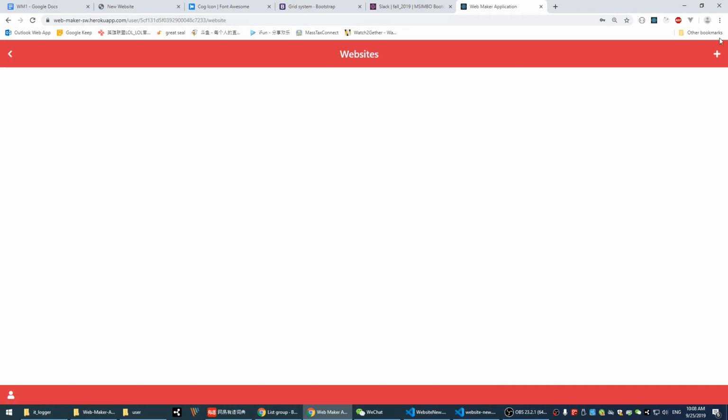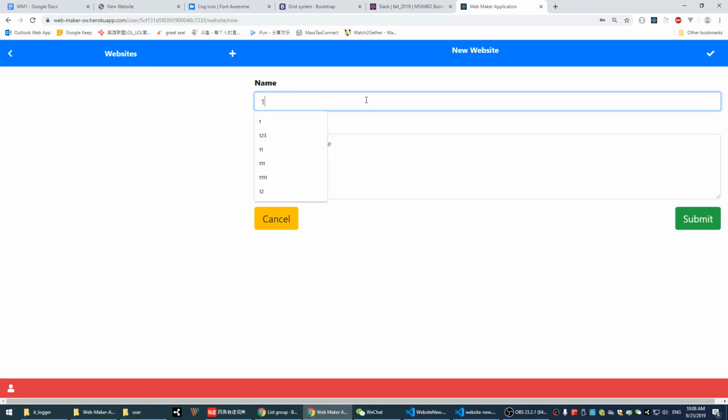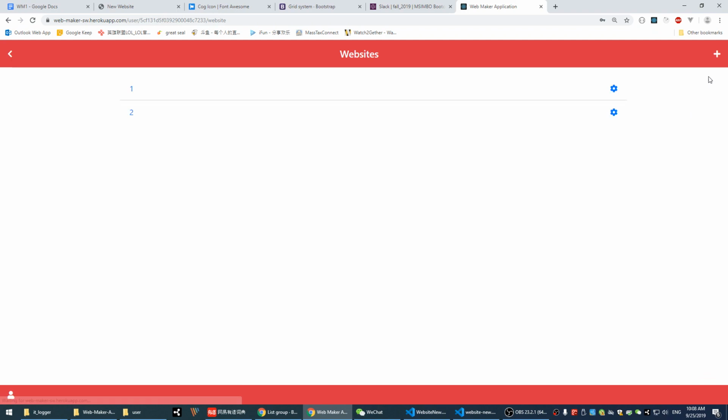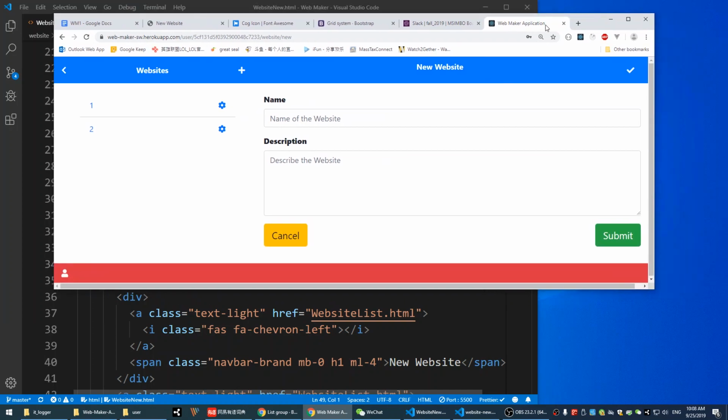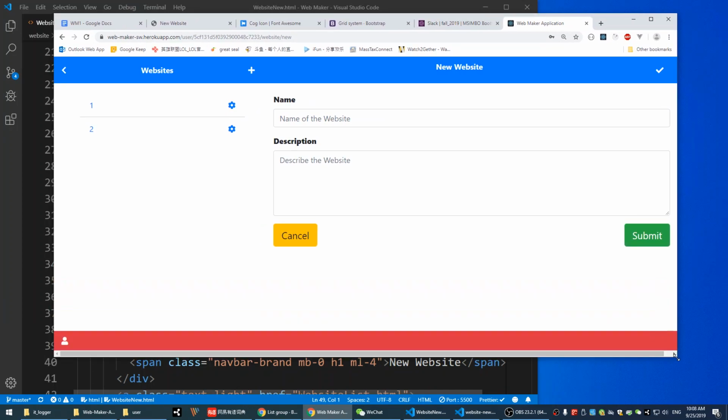So the way it works is like, let me add some websites here. First one, second one. So here I have two websites. If I want to add another one, let's go to a page like that. So I have the current list showing here, and the form on the right part. And when the screen gets smaller, right? So this is the full screen, and when it gets smaller,